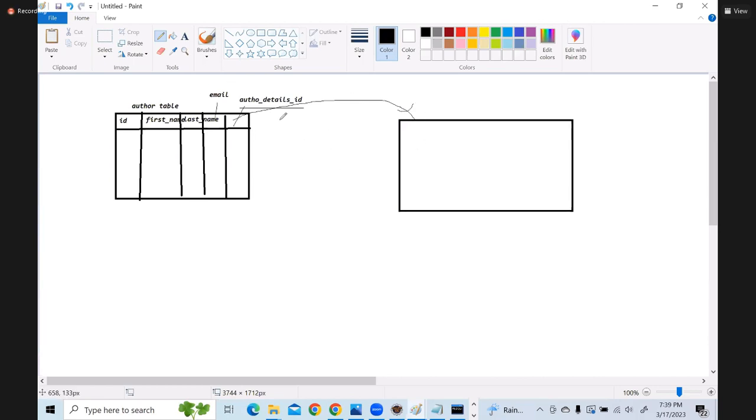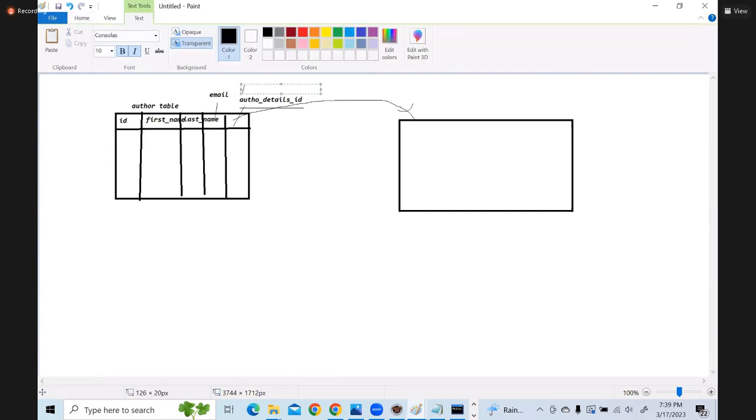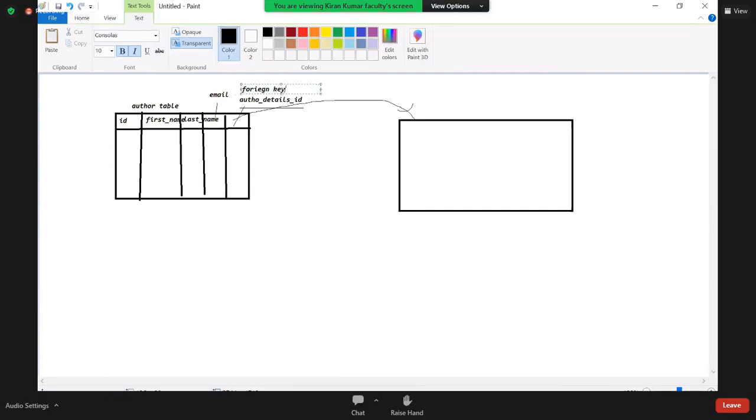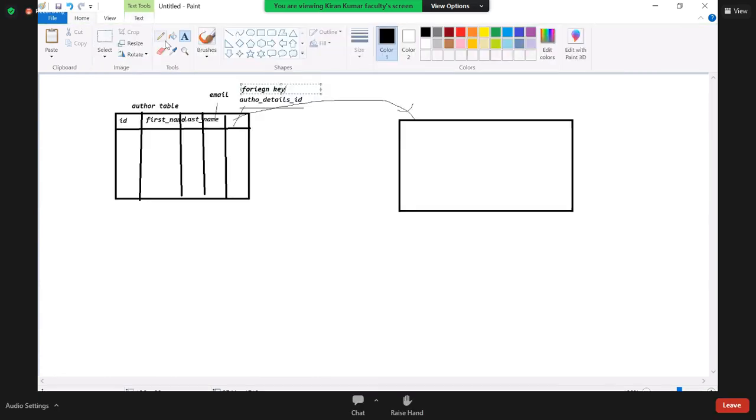Okay. Now actually we have done it the reverse way. So that is an issue. That is wrong actually. Okay. So this is your author table. This is your foreign key. Your foreign key should be present here. Okay. Now